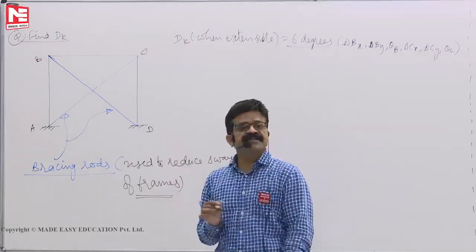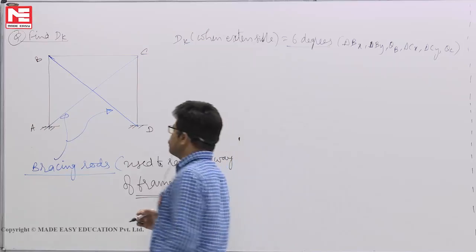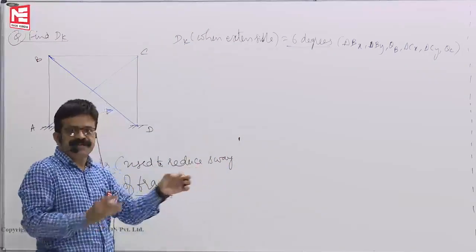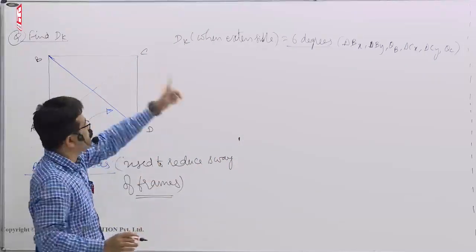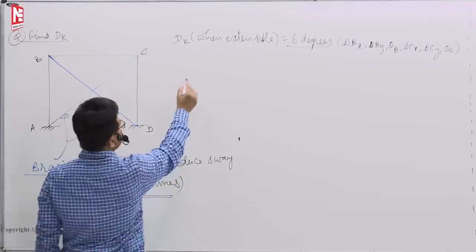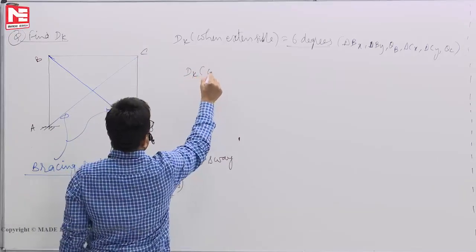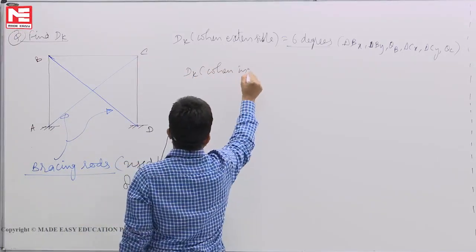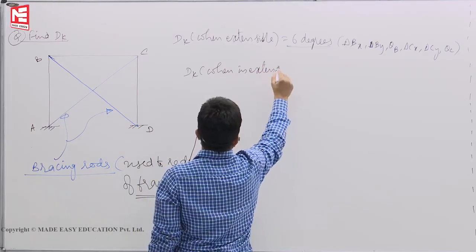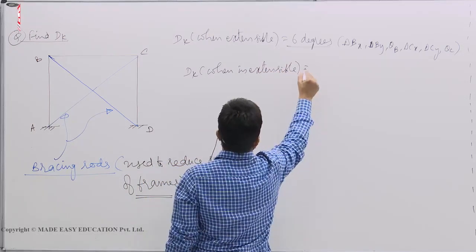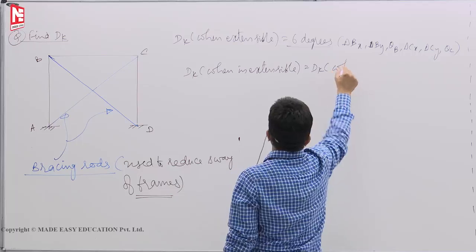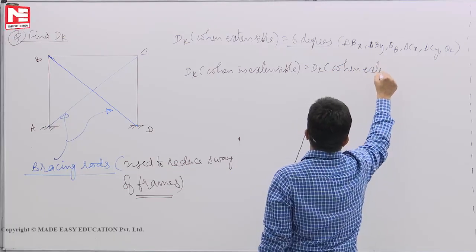But if the members are inextensible, that means the rod is also inextensible, it will not permit the frame to sway to the right side. So Dk when inextensible is the general case Dk when extensible